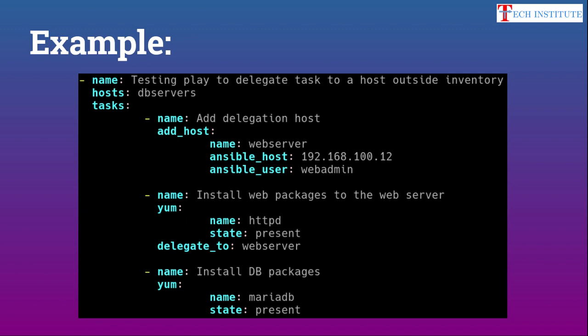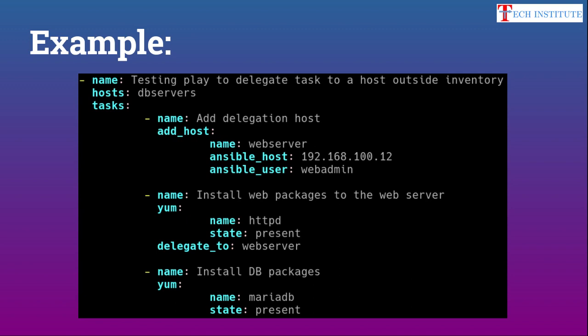And in the ansible_host section, you specify the IP address for that server, and then for ansible_user you put something like webadmin. Suppose this is not the same target user you use for your DB server, where maybe it is dbadmin. That dbadmin user is not present on your web server, so you can specify ansible_user webadmin. When it tries to connect to this web server, it will use webadmin instead of dbadmin. Like this you can change the connection related parameters.